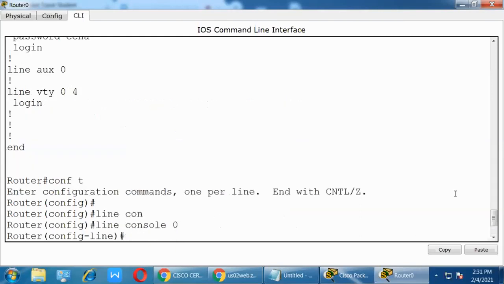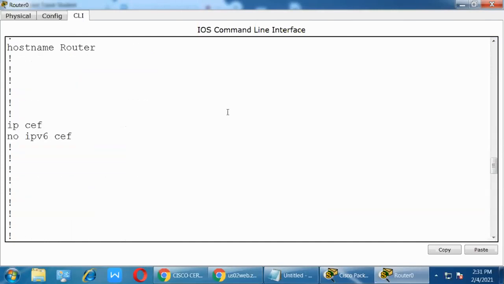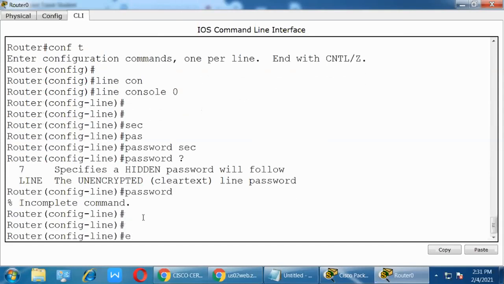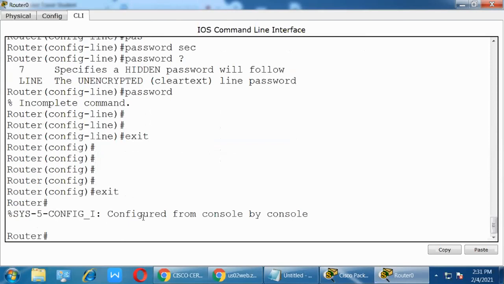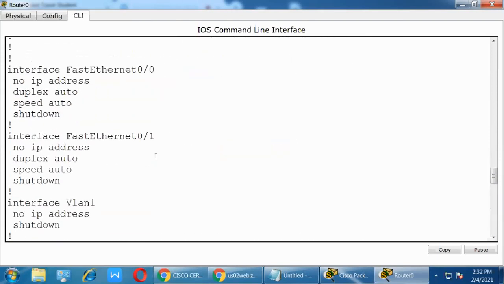See here, no password encryption, password encryption is there. So what will encryption do? It will change the password. I will show you, because inside the router this service is not available.